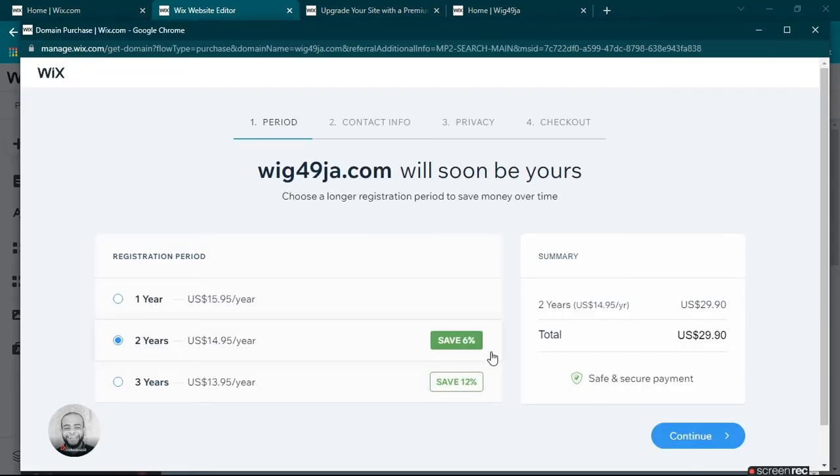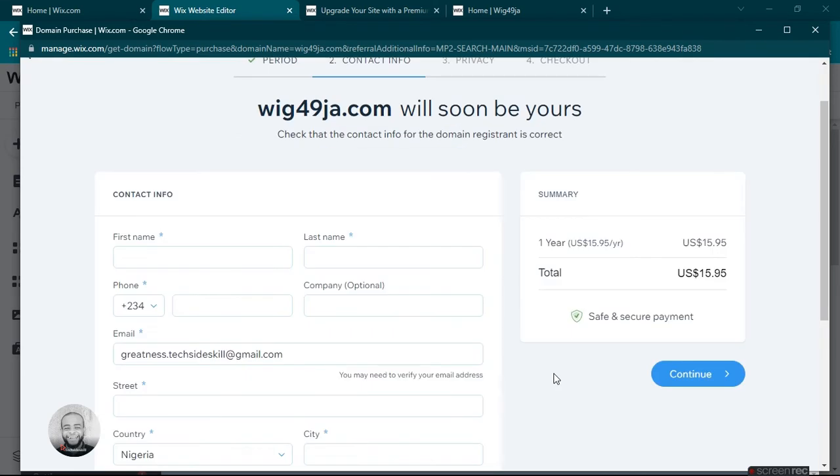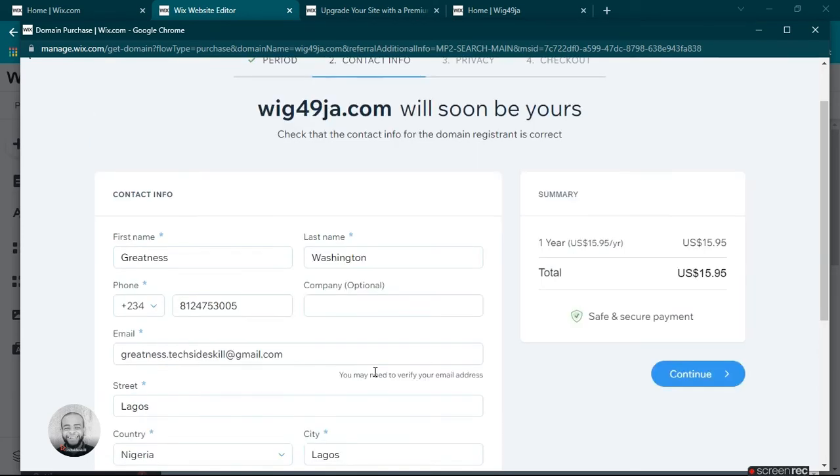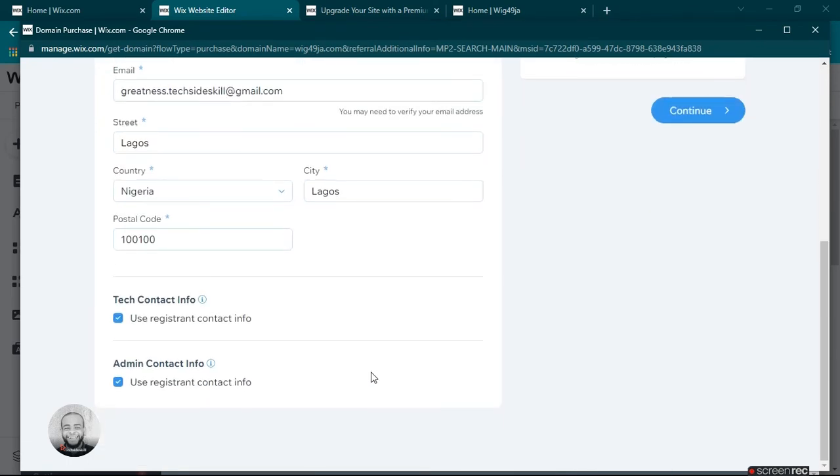Okay, so right here we need to select the duration of our domain. We're paying for 1 year. Click on the continue button at the bottom right corner of your screen. It should take you to the next place where you put your contact information. Since you're the one responsible for hosting the domain name, you would fill this form with your own personal information, and then you check the tech contact info and also the admin contact info.